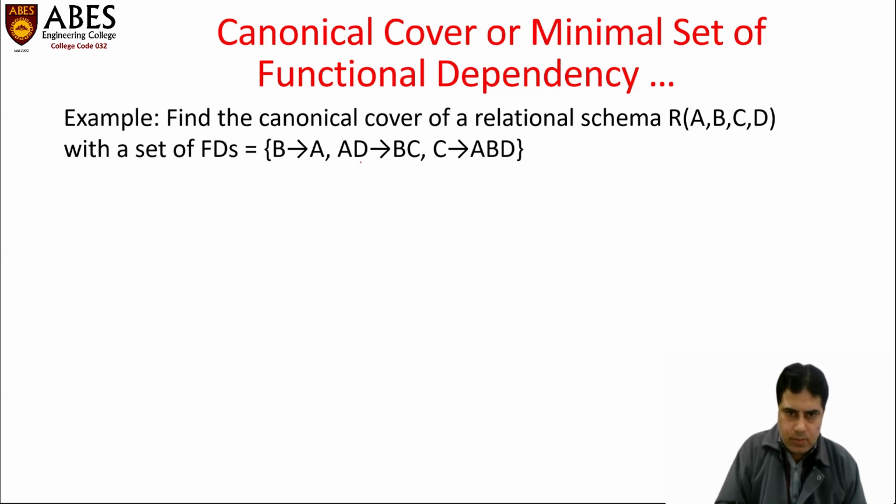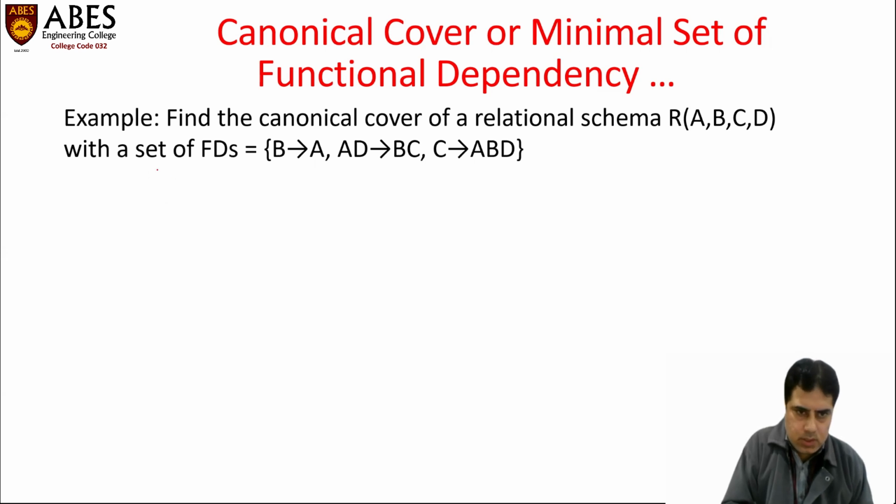This is the functional dependency set that is given. We have to find the minimal functional dependency set that will cover all these functional dependencies, or that will preserve all the given functional dependencies. So what is the procedure to find the minimal set or canonical cover? There are a total of 3 steps. Step number 1: we have to first decompose the right hand side